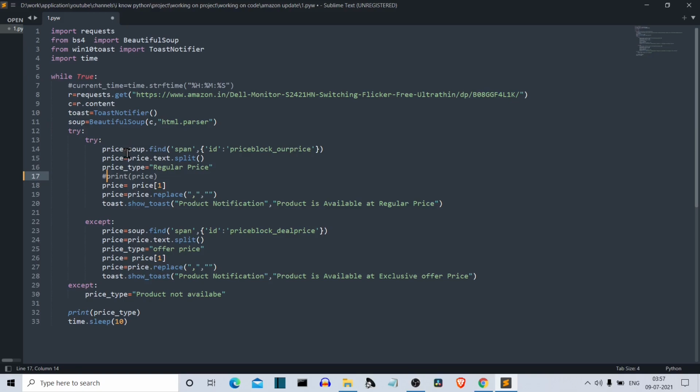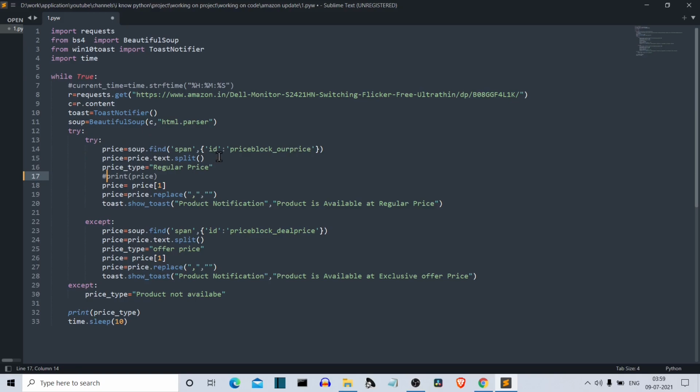Then we are creating a try and except condition. The first try and except condition will find out whether a product is available or not available, and inside the try condition we have two conditions: if a product is present at regular price, and if a product is present at deal price or at offer price.